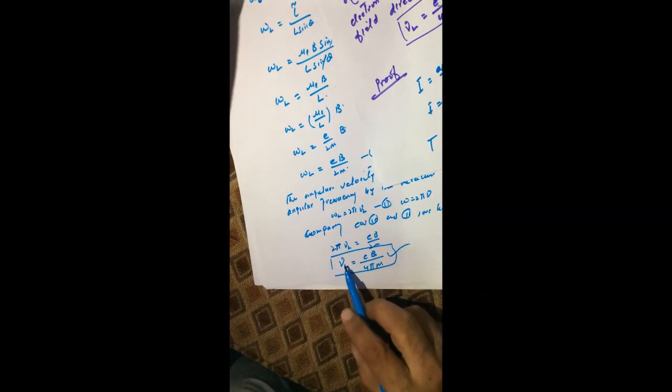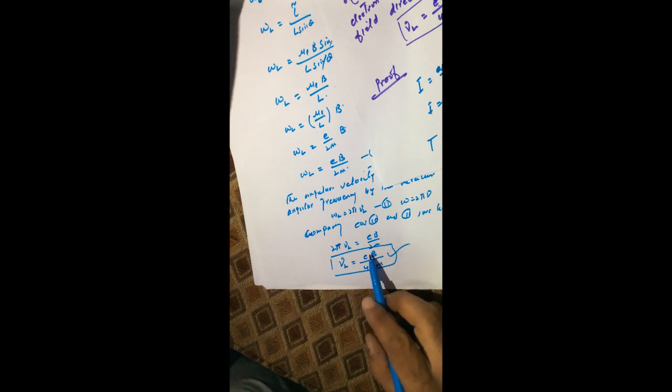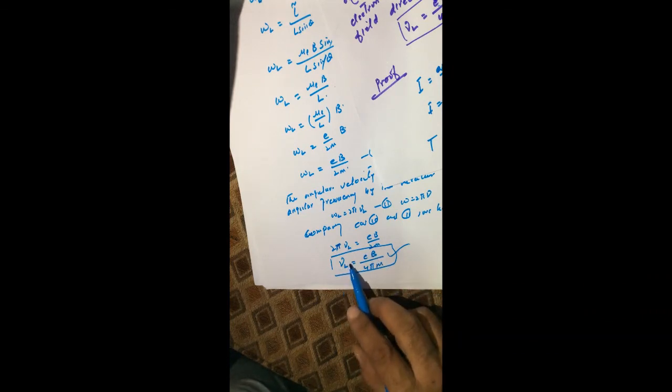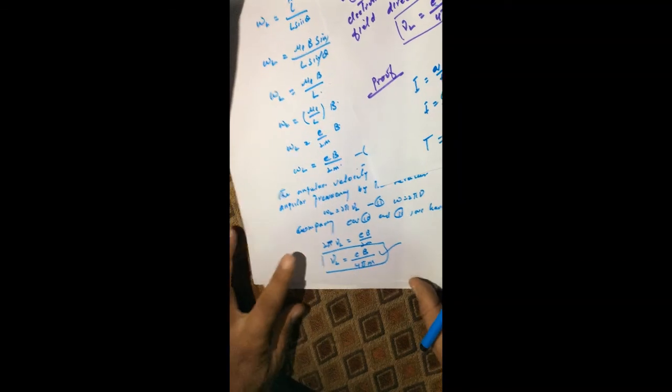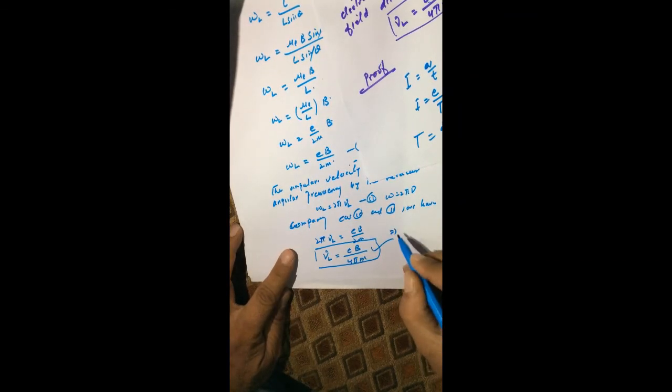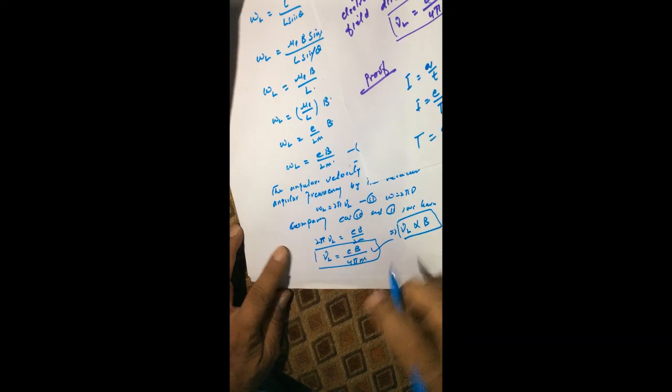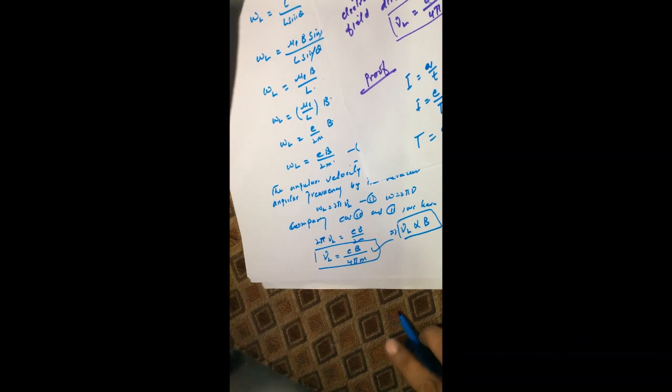So the frequency of precession is proportional to the magnetic field. The stronger the magnetic field, the greater will be the frequency of precession, because the rest of the quantities are all constant. Charge of electron is constant, 4 pi is constant, mass of electron is also constant. So this equation implies that frequency of precession is proportional to the external magnetic field, and this is Larmor's theorem. So this is the end of Larmor's theorem,